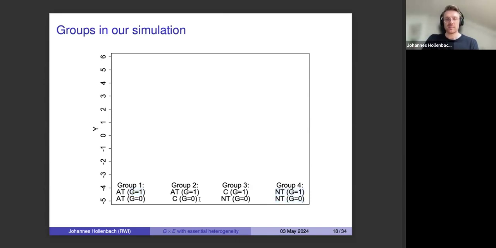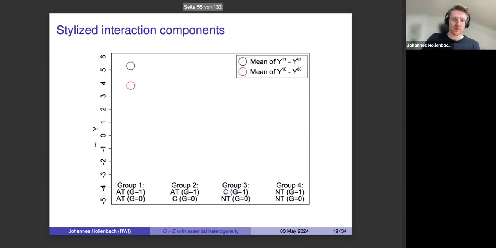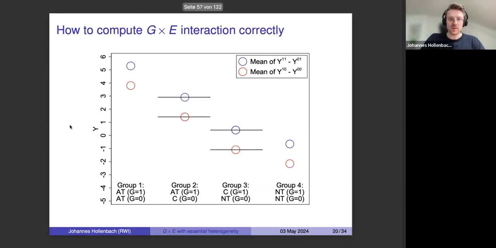And in the middle, you now have these two complier groups. You will notice that the first group is only complier if they are at G equal to 0. The second group is only complier if they are G equal to 1. Now you can visualize your means of the potential outcomes again. And the way you would now compute the local average treatment effect of the gene-environment interaction would be like this. You would do it in each of these two complier groups by comparing the blue and the red